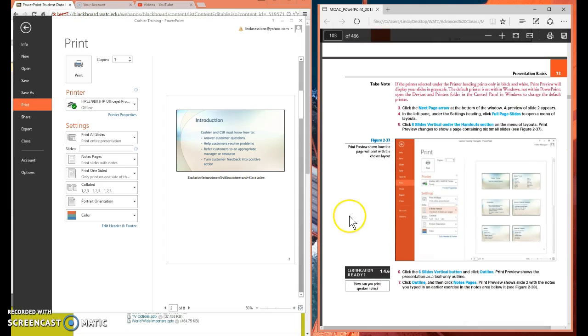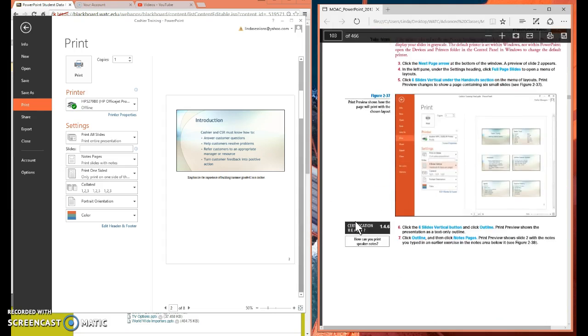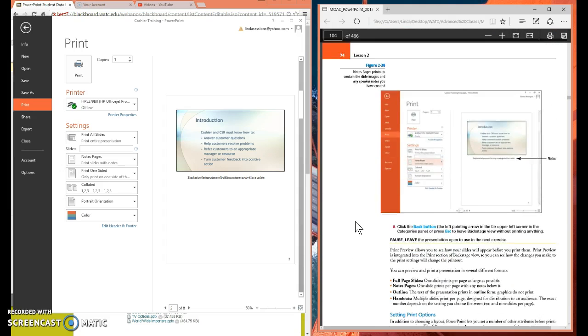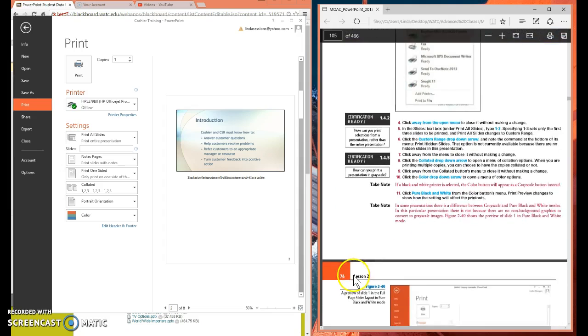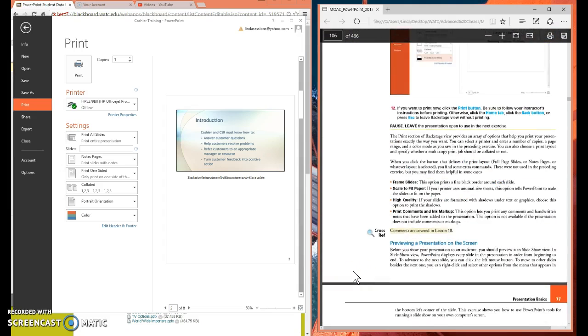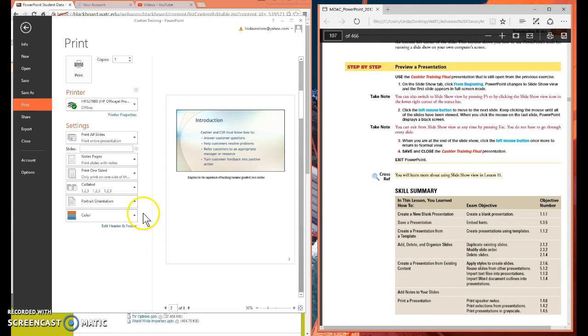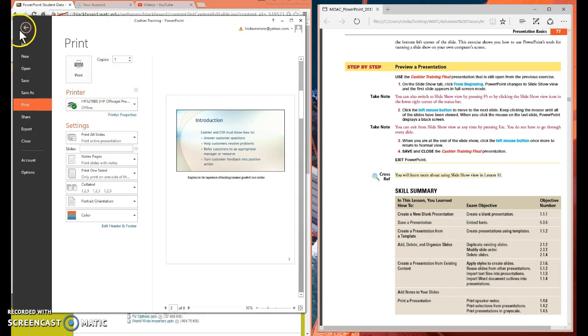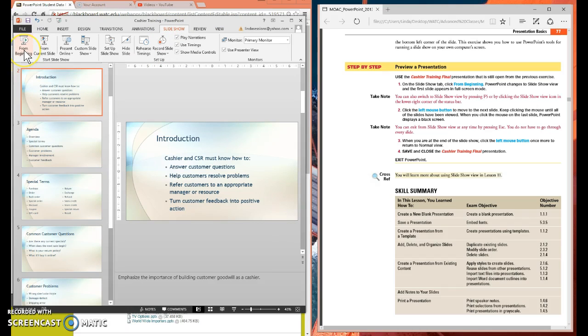So printing a presentation, we already talked about that a little bit. There's more information here in your textbook on page 2, in lesson 2. Setting your print options, and all of that information. Previewing a presentation is real easy. If I come back here to my screen, I'm going to click on that back arrow. If I go to slideshow, right here I can look at it either from the beginning or from the current slide. So if I click on from beginning,